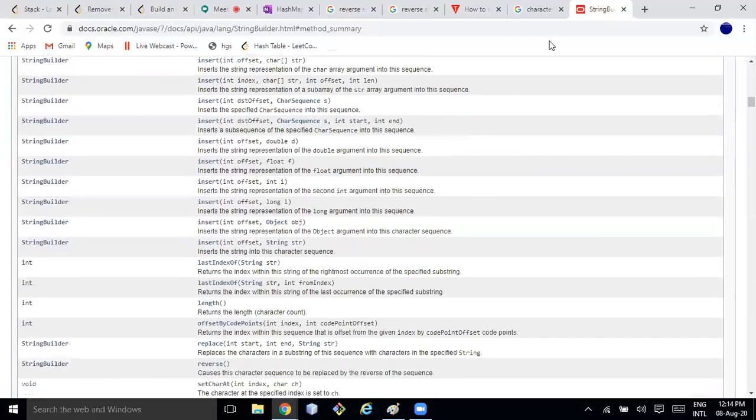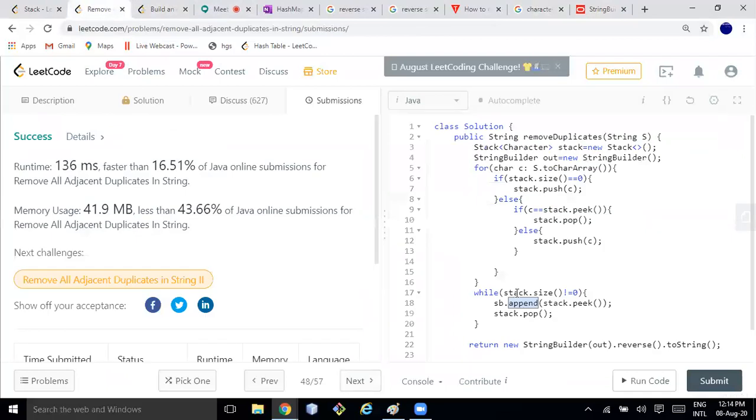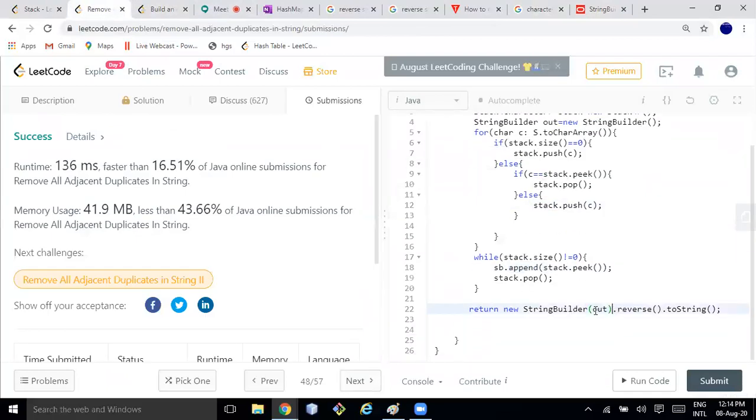That is not the problem. Let it be. So sb dot append, and here just do sb dot reverse. 136 milliseconds.